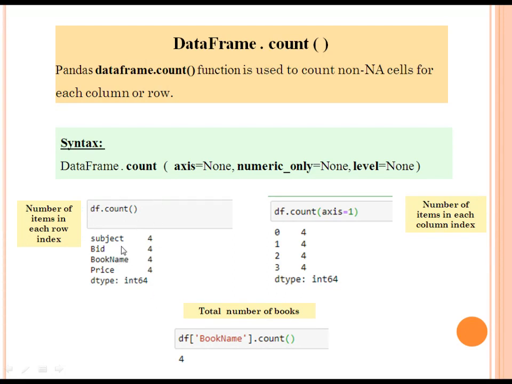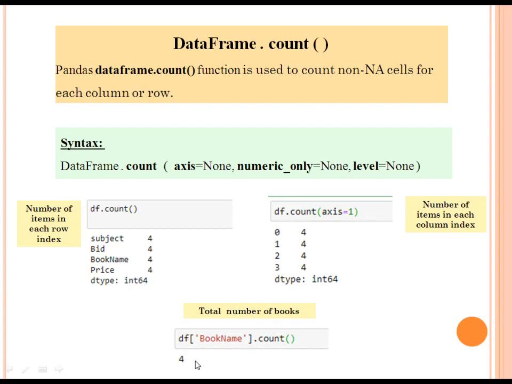We'll move ahead and see the examples. df.count. It will show the column-wise data and it is going to show me 4, 4, 4 because all the 4 books are present with all the 4 records. Then I'll put axis equals to 1 and by chance the rows also have 4 values in them. So answer is 4, 4, 4.